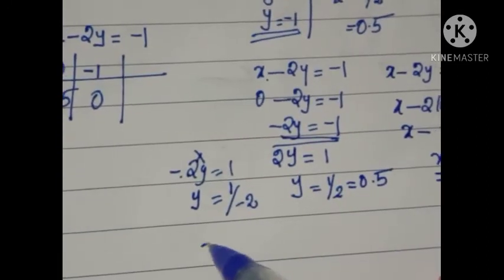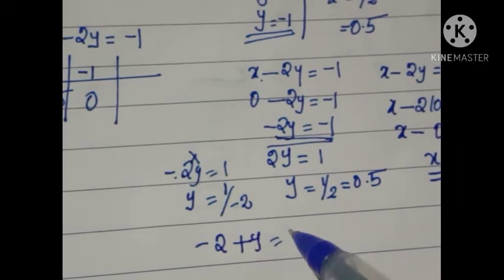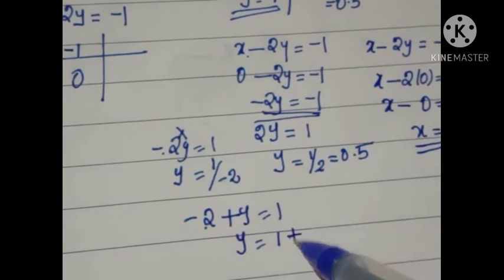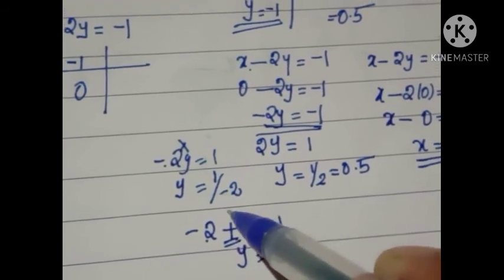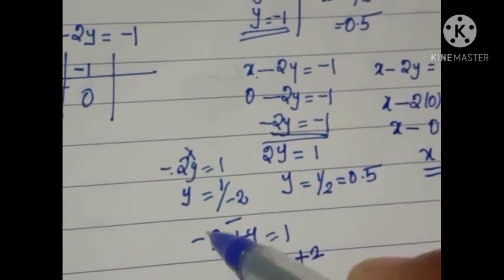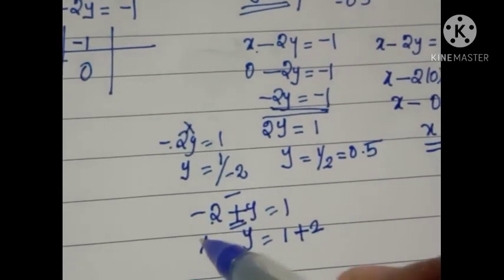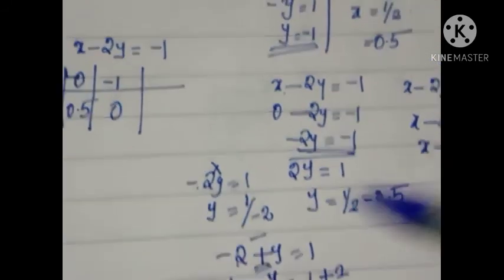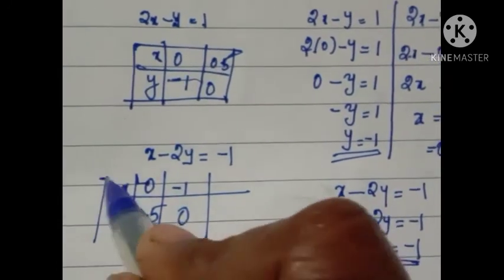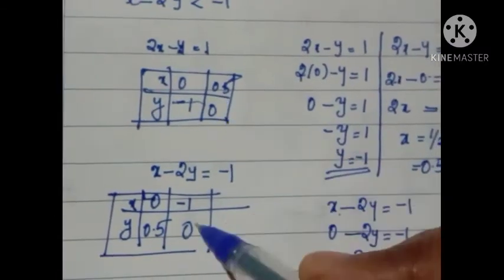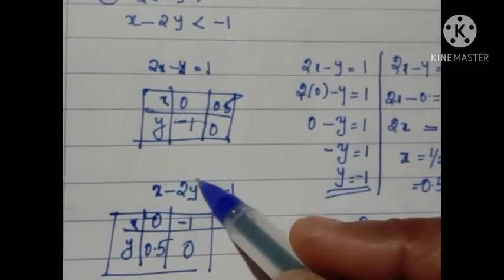At the same time, listen, in this case, if you take minus 2 to the other side, this minus 2 changes to plus 2 because it is plus. So if it is plus or minus in between two terms, then the sign will change. If it is product or division, the sign will never change. So you have to note it. So these are our points. Now using these points, we will see how to draw the graph of this given linear inequalities.